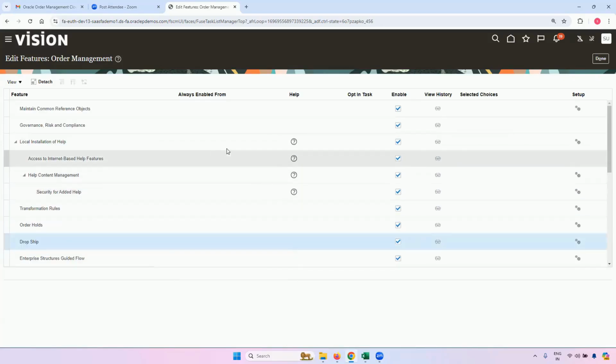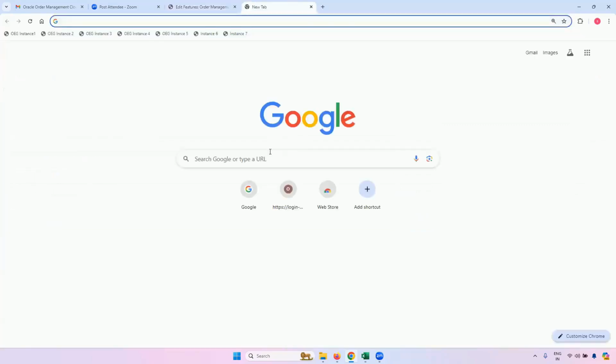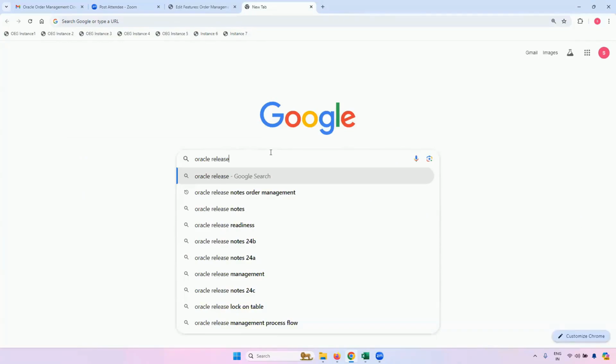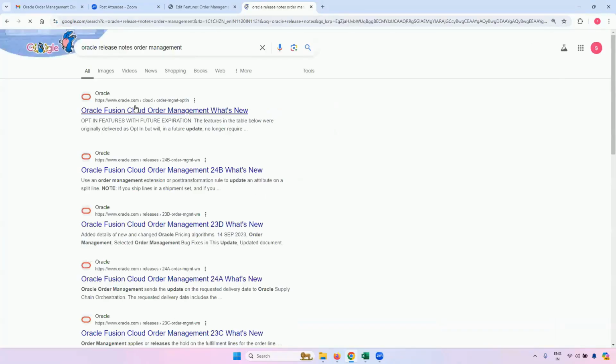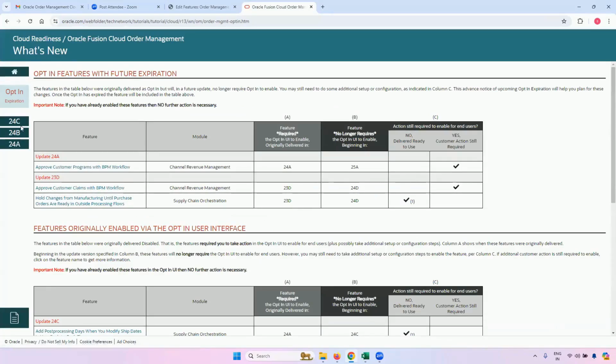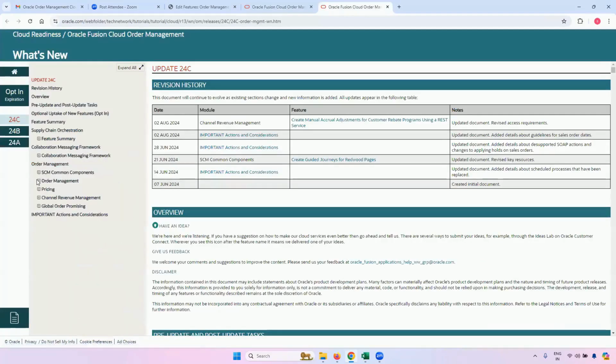And if you want to know the details of each feature, you can just go to Google. You can type in Oracle release notes, and suppose order management: Oracle release notes, order management. You can just click on the first option itself. For each release, like now 24C is going on, click over there and then go to Order Management.